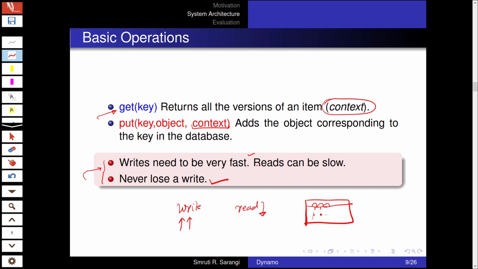And when we do a read, we will be well aware that there are many different versions floating around because we just quickly recorded writes without synchronizing. So at that point, some version management and enforcing some synchronization and consistency for all the writes that we have gathered is important. That is why in this case, reads are slow and writes are fast.